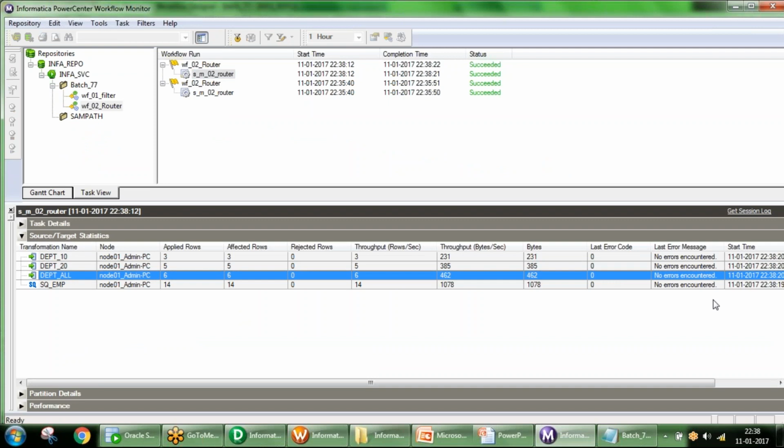So let's say you are in development and you get a requirement. You can use multiple filters, or the same can be achieved by using a single router transformation. How will we do it? Will you continue with multiple filters or a single router?